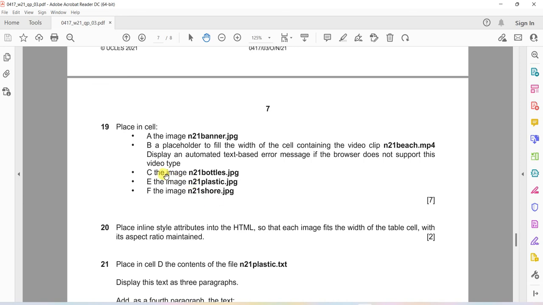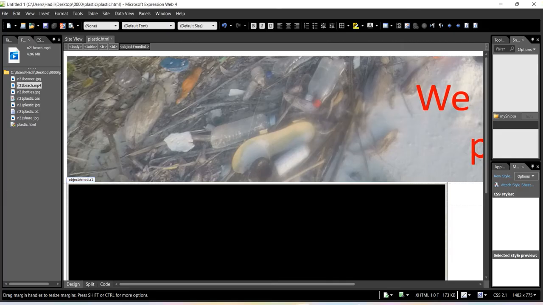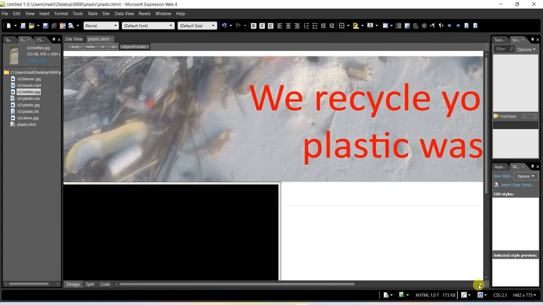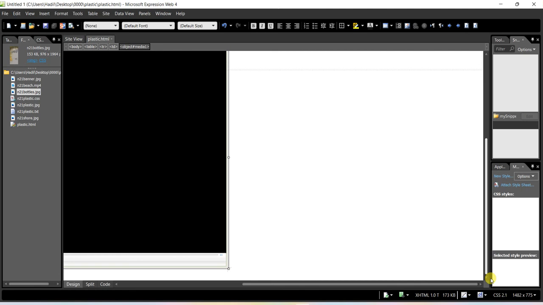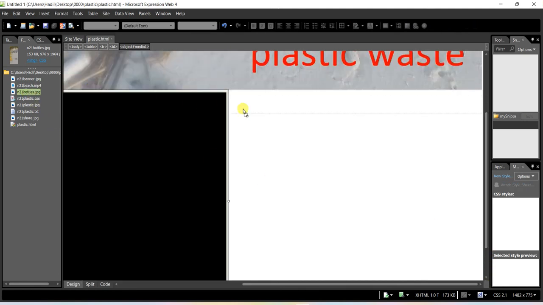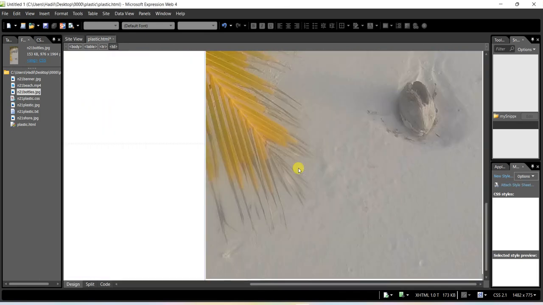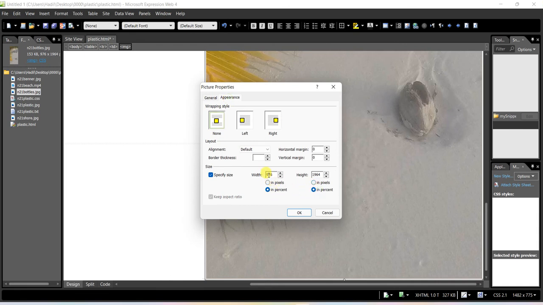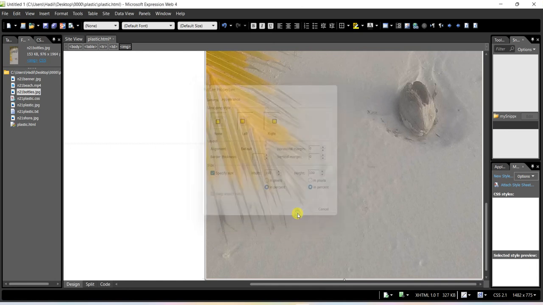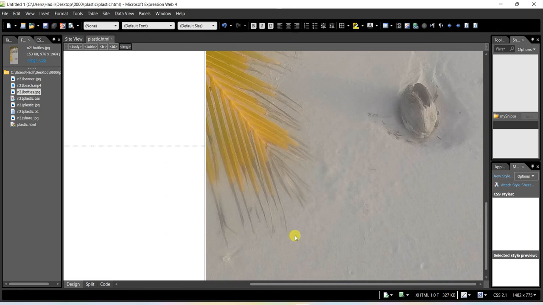They are talking about C. We have to add the bottle's image. Here the buttons image. We can find that this is C, buttons. No alternate text. Double click, on pixel, 100%. Okay, save your work. Back